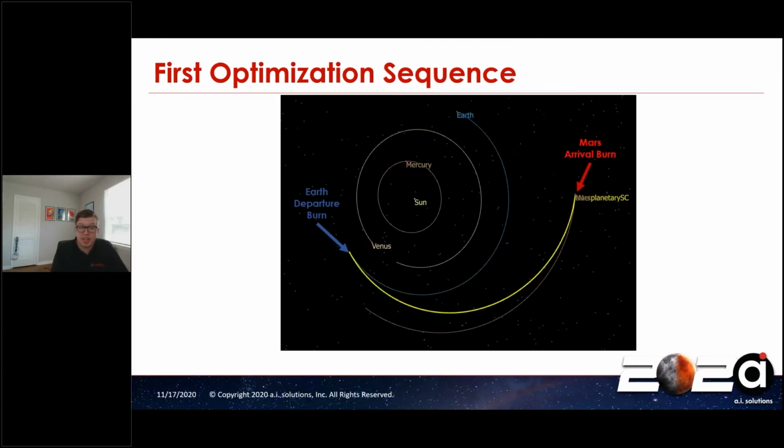So here's just a quick diagram of what this is going to look like in FreeFlyer. We have our Earth departure burn, followed by a yellow interplanetary trajectory, and then our red Mars arrival burn. This is going to get a little bit script heavy, so I've tried to color code everything as much as